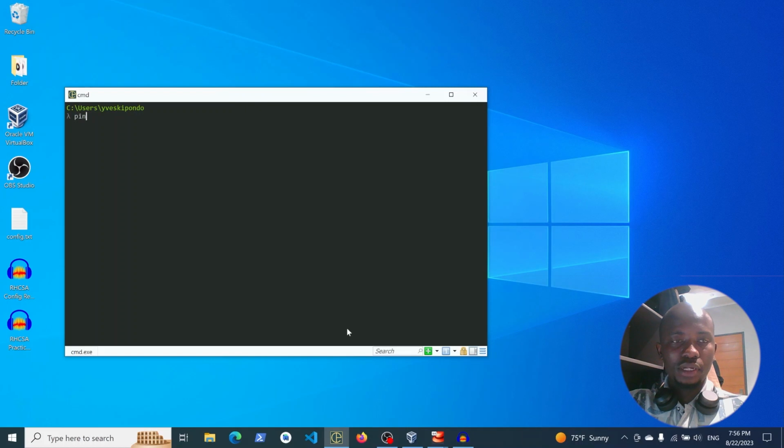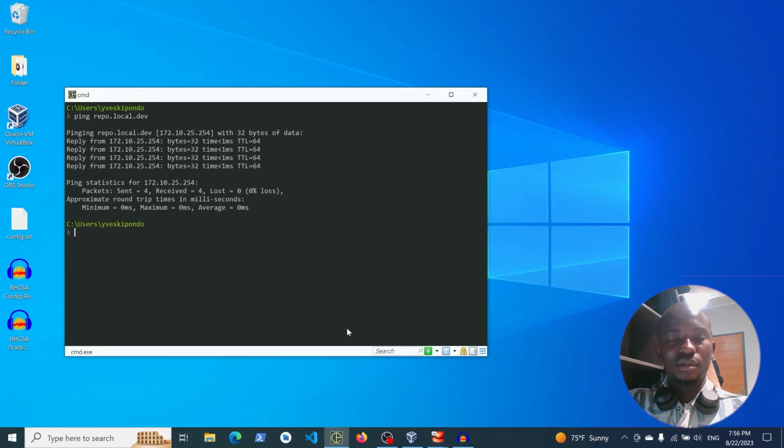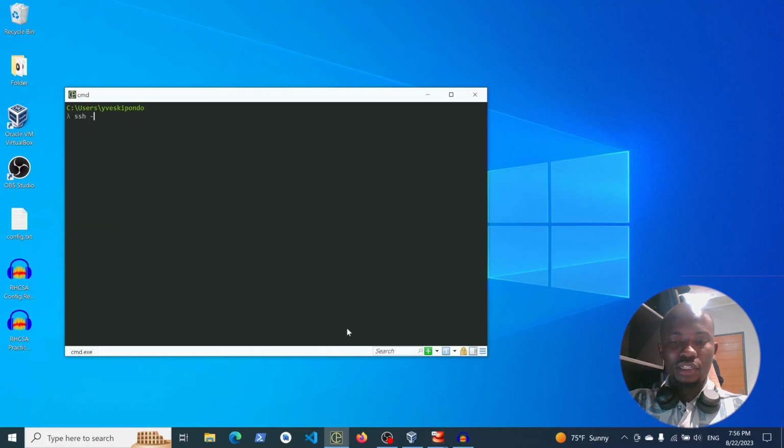So I'll ping repo.local.dev. As you can see, from my main computer, my host computer, I can reach all my VMs. So what I'll do now is connect with SSH to that server,